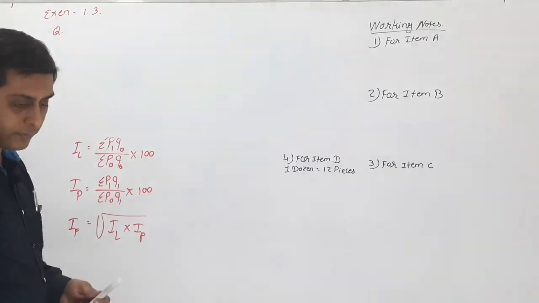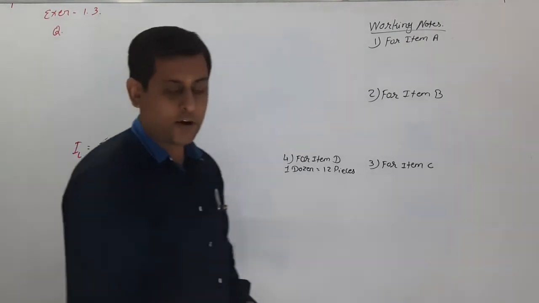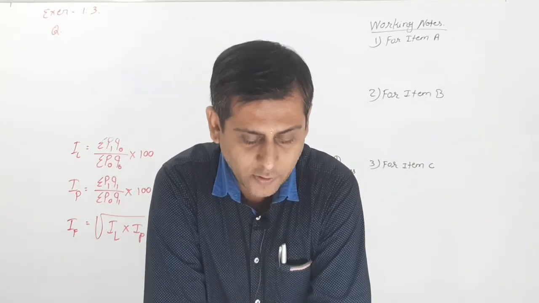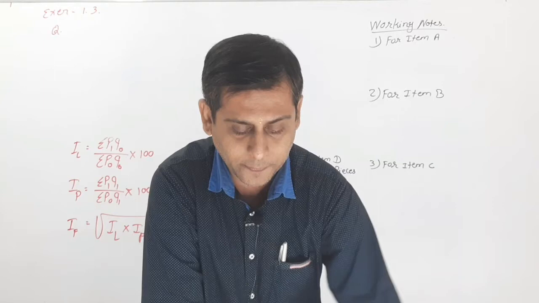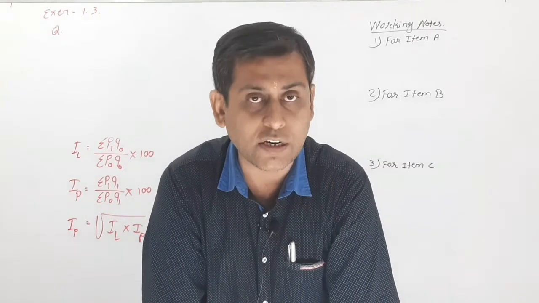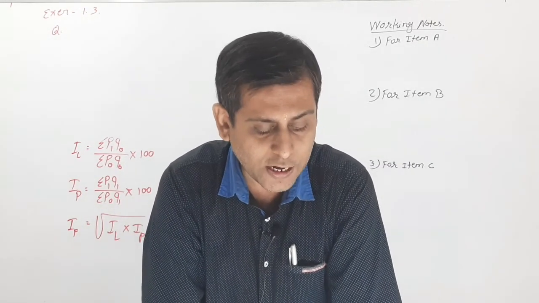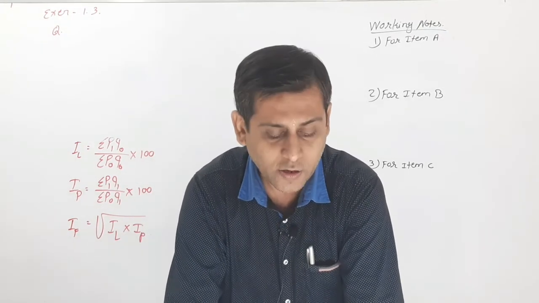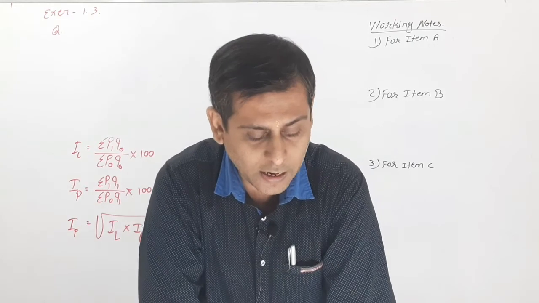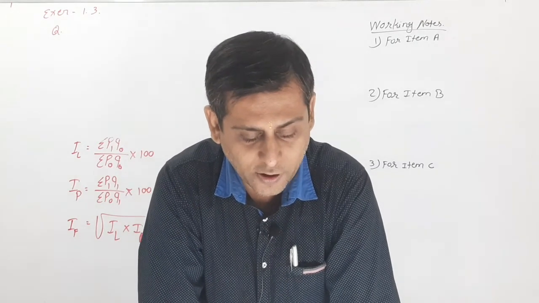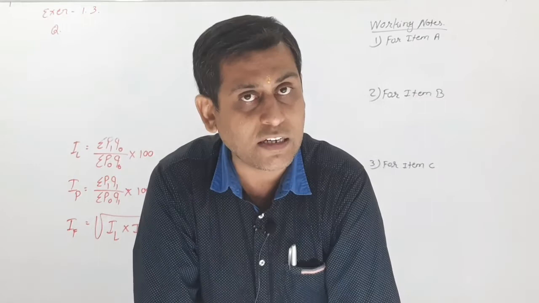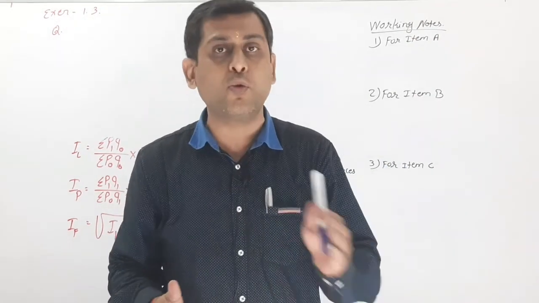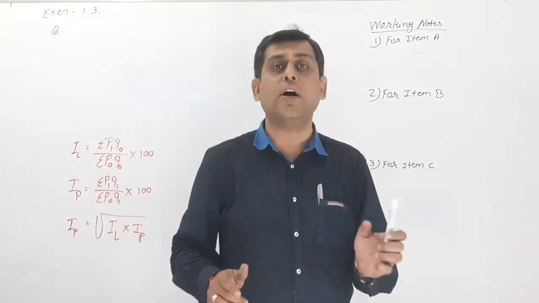Now, read the question first. Find the ideal index number for the following data for the year 2015. See here, items A, B, C, D, 4 items are given. In the unit column 20 kg, 5 dozen and 5 liter are given. In item A, 20 kg is given in the quantity column. So here the 20 is the extra amount. We have to remove it by dividing with the price.